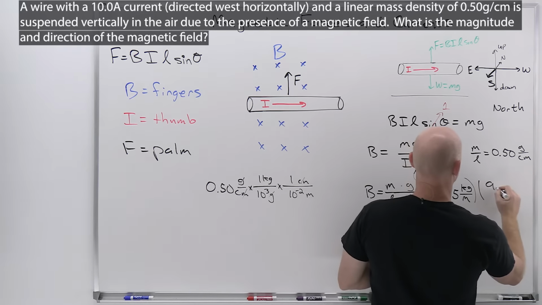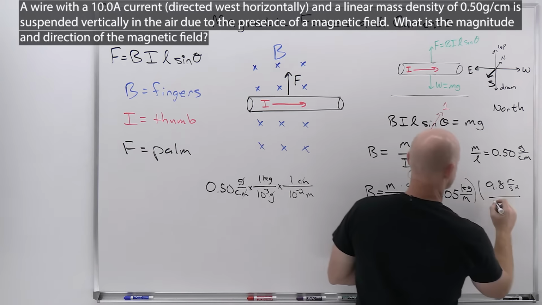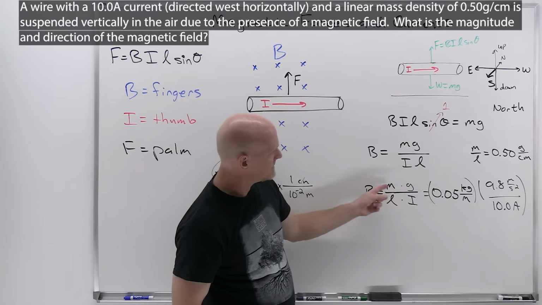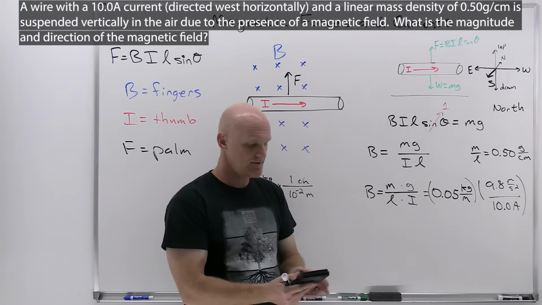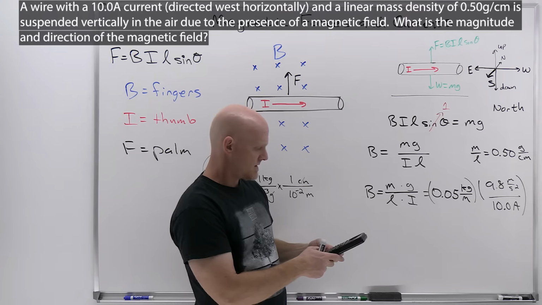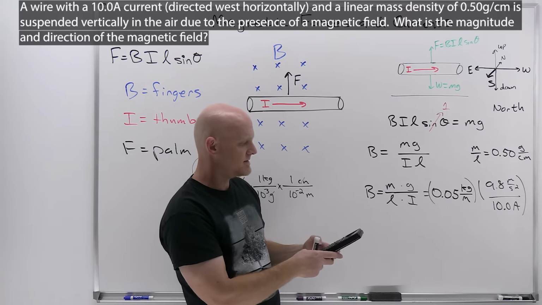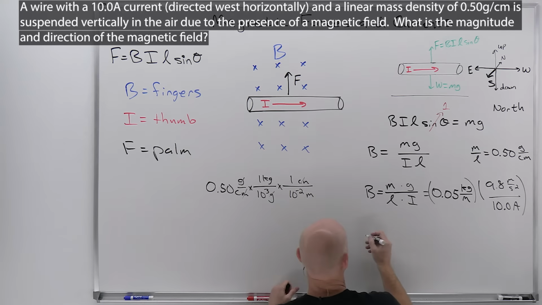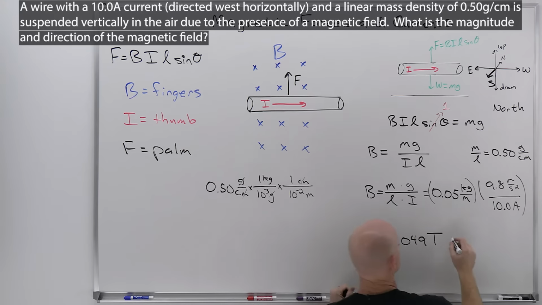Times gravity, 9.8 meters per second squared, all over I, which was given as the 10 amps. And there's m over L times G over I. We'll let our calculator do the rest of the heavy lifting for us. All right, so 0.05 times 9.8 divided by 10. And we're going to get 0.049 here, and that's got 2 sig figs. That's going to be in SI units of Tesla. And in this case, that's pointing